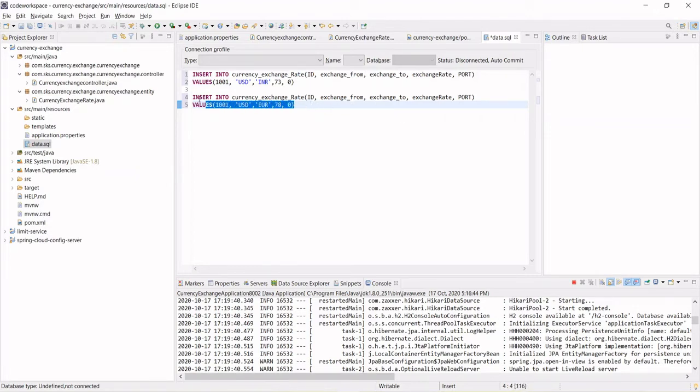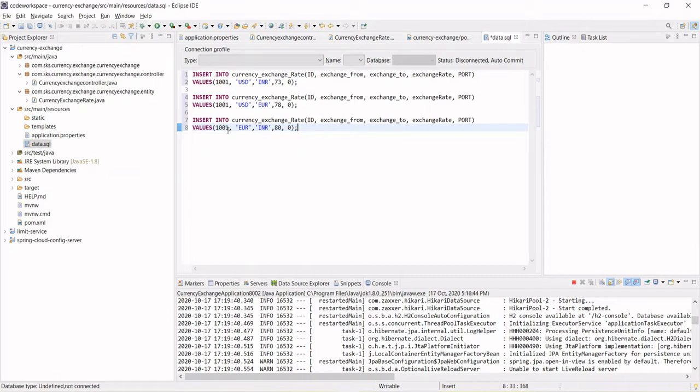We can take anything. Control C. Let's take another one. What will be the other one? Let's take euro to INR. Let's take 80. So this is how we are taking it. We just take 3 as an example. We will see later how much extra we can add. Just the semicolon I missed out. So these 3 values we are taking.